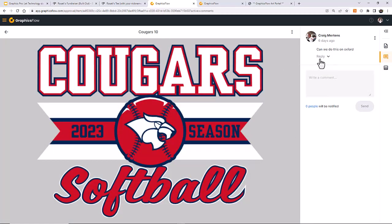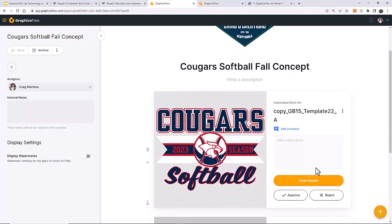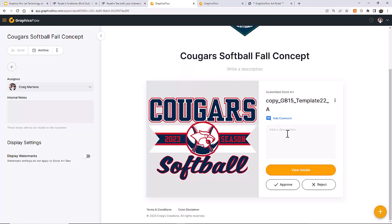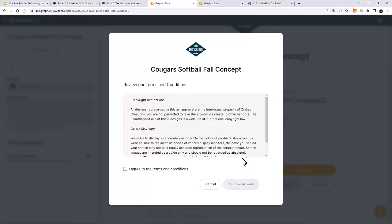Can we do this on Oxford? So I already went in and changed the color on that. And if a comment is made, I'm getting emailed, and I'm also being notified in the app, and so are they. And if they select the final one, and let's say the one they chose was this one, they can just click on approve and put any final comments in there